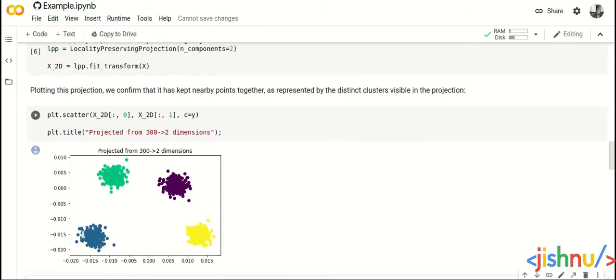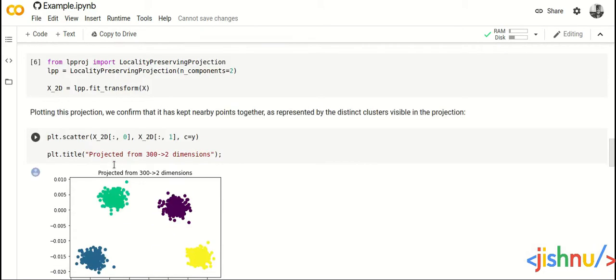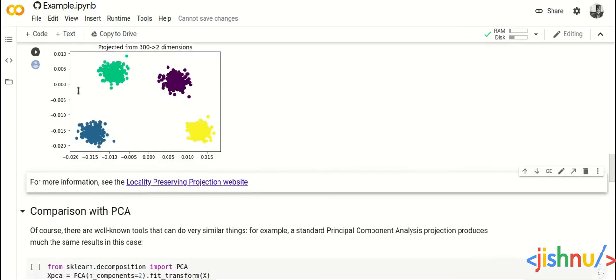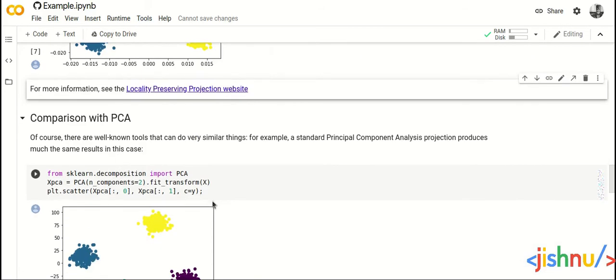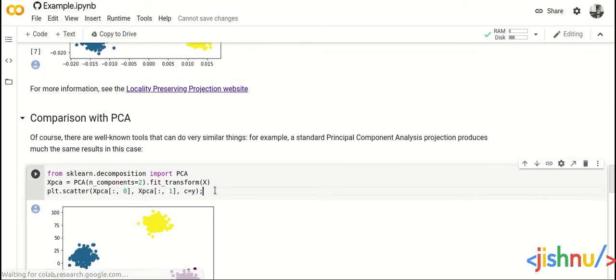And now, here we have tried out the LPP transformation. Now let's see how this differs from PCA. PCA is also a standard dimensionality reduction technique. So let's see how this differs from LPP. Here, in the same way, we are using PCA on the input data X, and we will reduce it into 2 dimensions.